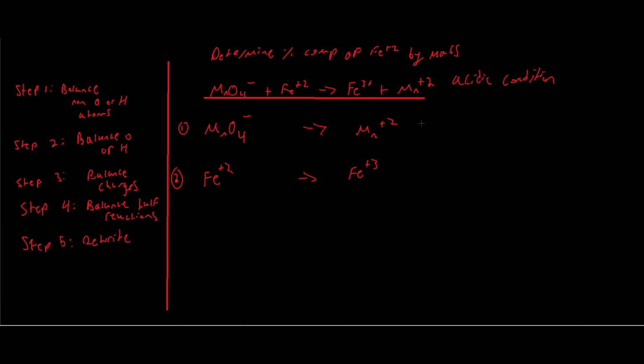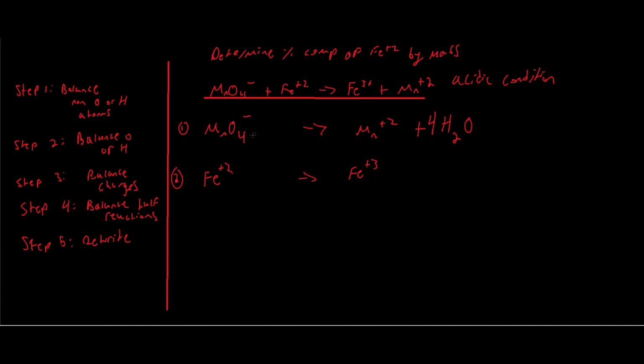To balance this out, we can add water molecules and add a coefficient in front of it. So we need 4 oxygen atoms on the right side of our first half reaction. So by putting a 4 leading coefficient in front of our water molecule, this will allow us to have 4 atoms of oxygen on both sides. On the second half reaction, we do not need to balance oxygen because it is already balanced. There is none. So now we need to balance our hydrogen, because we see that when we add water, we also add hydrogen atoms onto the right side of our half reaction, our first one. So 4 times 2 is 8, so there are now 8 hydrogen atoms on the right side